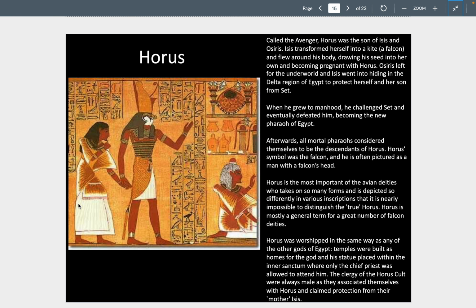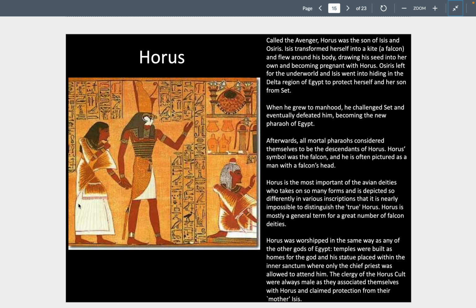Horus is the son of Isis and Osiris, and Isis herself is transformed into a falcon, and she flies around his body, drawing his seed into her. So this is how Horus is born, by Isis and Osiris. Isis leaves the underworld and goes into hiding in the delta region of Egypt to protect herself and her son from